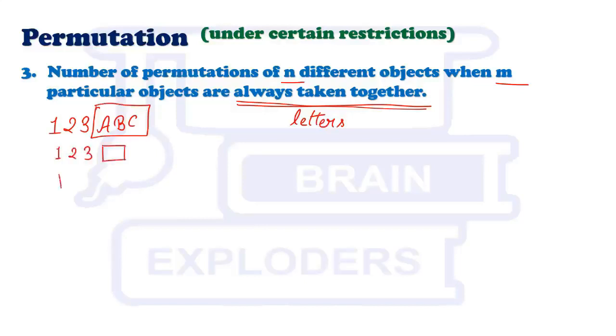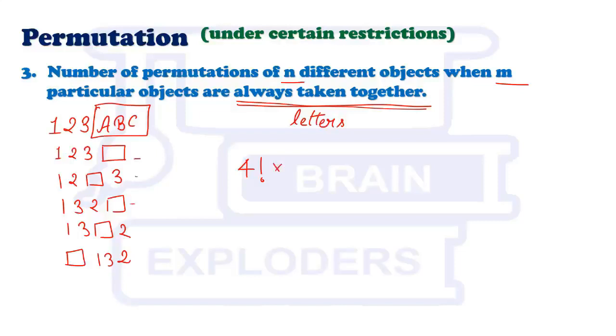So what are the possible permutations? Possible permutations are like 1, 2, 3, box; 1, 2, box, 3; 1, 3, 2, box; 1, 3, box, 2; and in this way different permutations are possible. So what we are doing, we are finding the permutations of 4 different objects, meaning the total number of ways is 4 factorial. But wait, for any of these permutations which are shown on the screen,